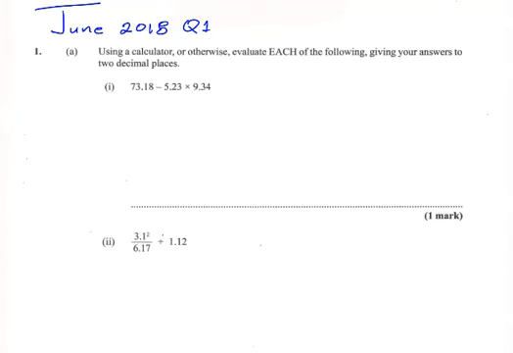June 2018, question number 1. A. Using a calculator or otherwise, evaluate each of the following, giving your answers to two decimal places. I. 73.18 minus 5.23 times 9.34. The first thing about this is that this is only worth 1 mark, and you're encouraged